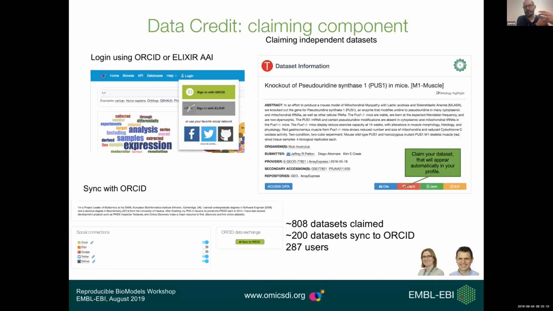You can say, these are all the data that I have produced. And you can see that each data set has a score considering all the metrics that I have explained: reanalysis, number of downloads, number of views, citations. That means that you can have some sort of Google score around the data sets. And we hope this will encourage the community to put more data out there,